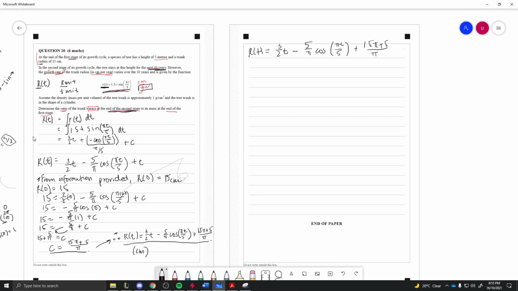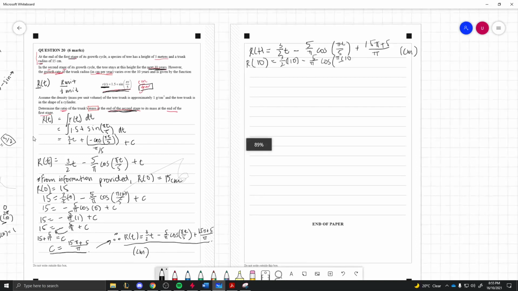And then let's put centimeters down here. So now, let t equal 10 years to get the end of the second cycle. So R of 10, remember t is in years: 3 over 2 times 10, minus 5 over pi cos of pi times 10 over 5,